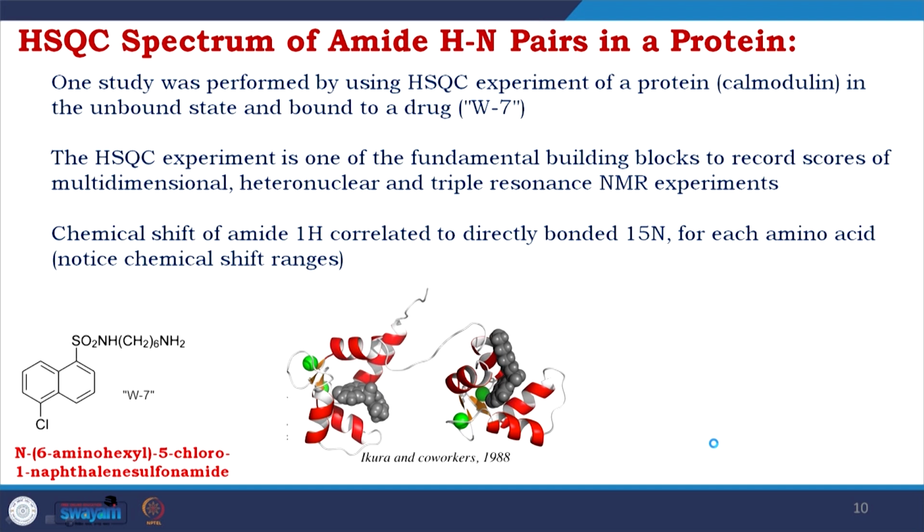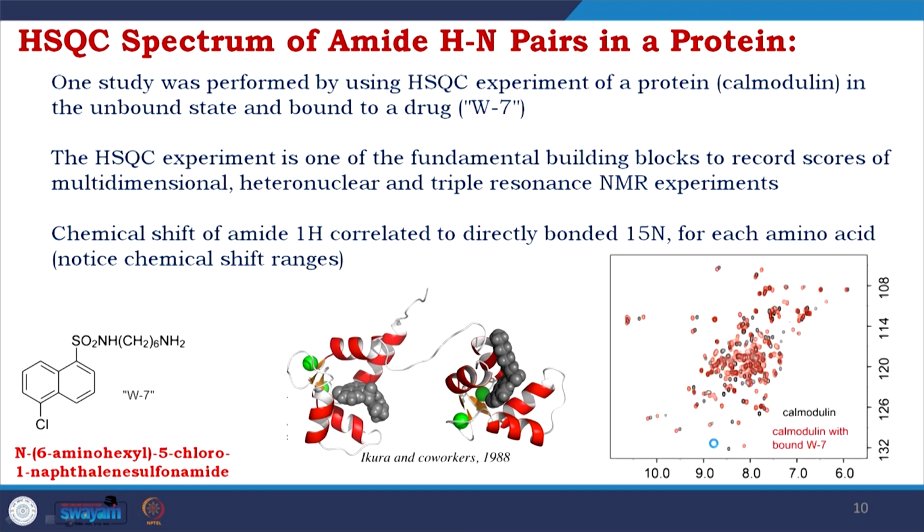The work is done by Ikura and co-workers, and the black spots in the spectra are actually showing the unbound calmodulin, whereas when this drug W7 is bound, there is a shift which is shown by the red spots. You will see clear spots, and this will help you to characterize the shifting of the amino acids. So, it is a very convenient way. Whenever you need, if you have a drug library, you could screen it and you could take the help of